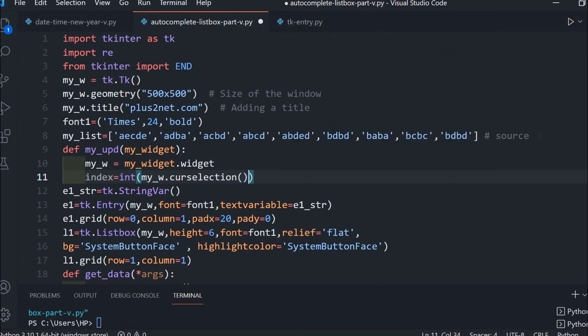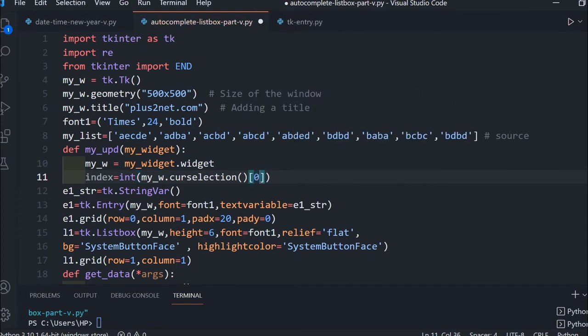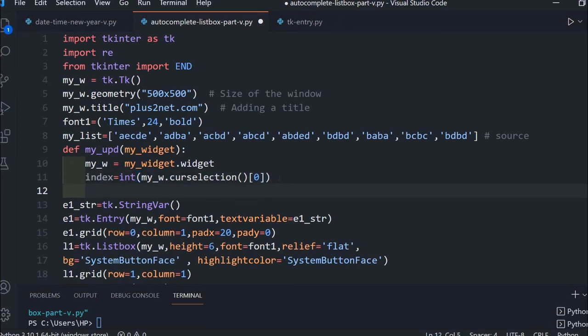Now what is cursor selection, I'll get it 0. This tuple value I am converting, this will tell me what is the option, 0, 1, 2, 3, 4, suppose 5 options are there, what's the number of it, that index position of it, that I will get it here.